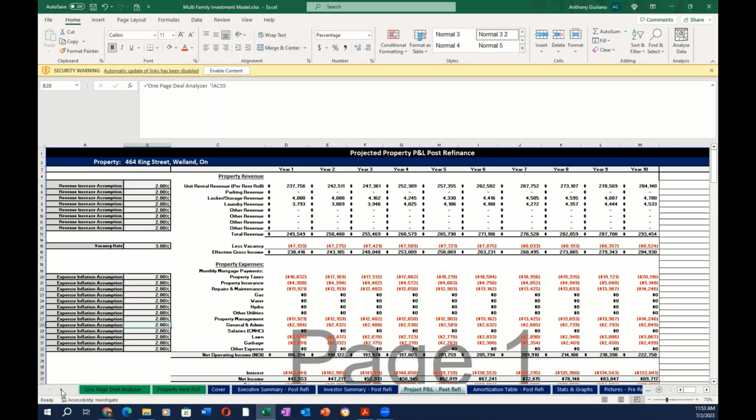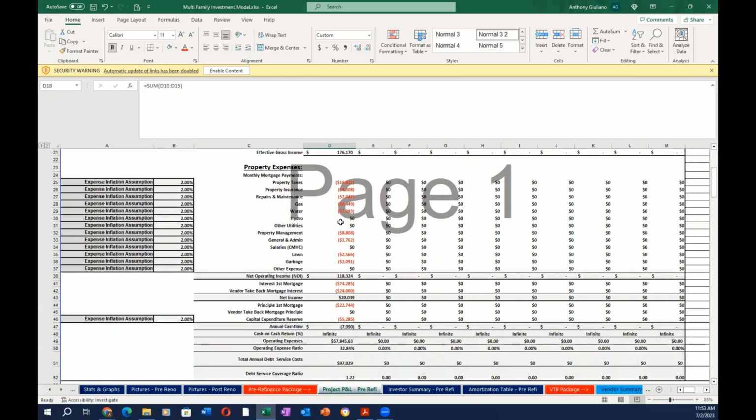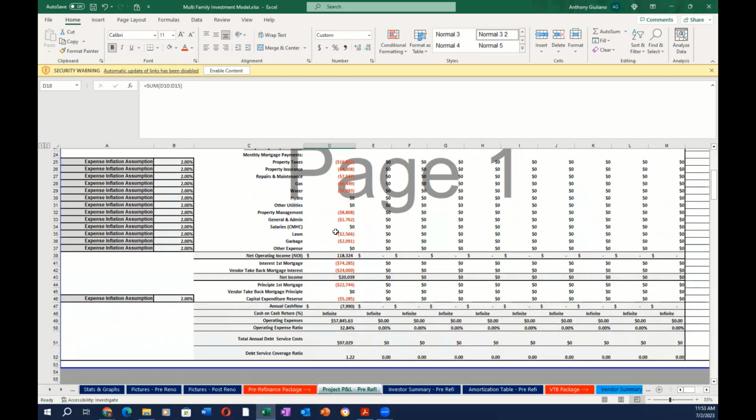Now, what the model will also do is generate your profit and loss statement in this section over here, the pre-refinance package, just for the initial term. So the initial term that you acquired a property. Remember the initial 12 months that we bought this property for? Well, it's going to basically calculate